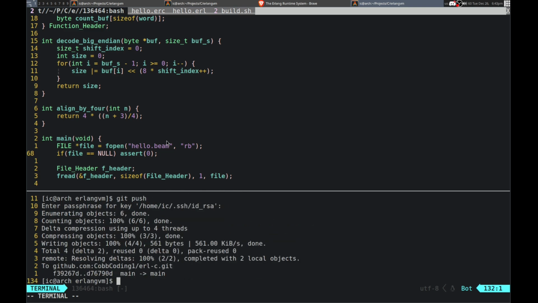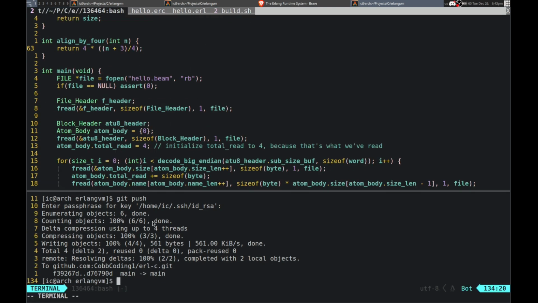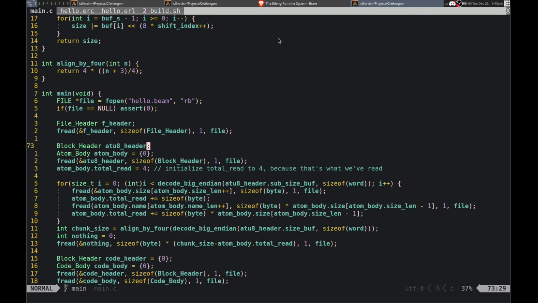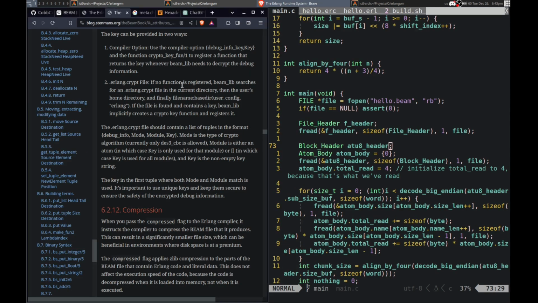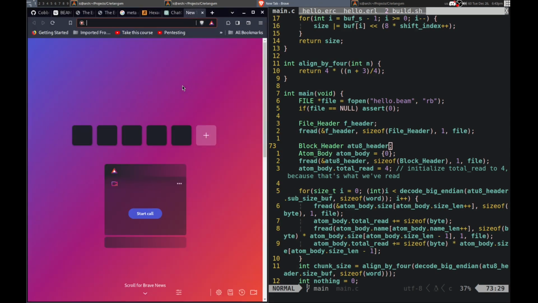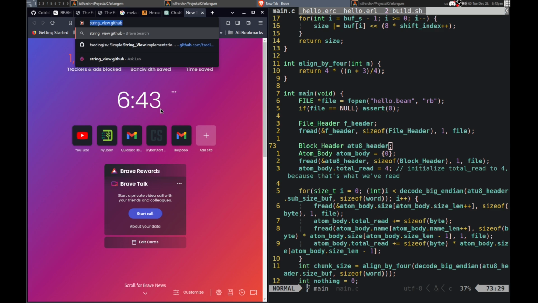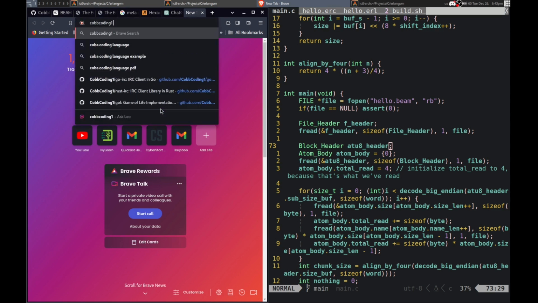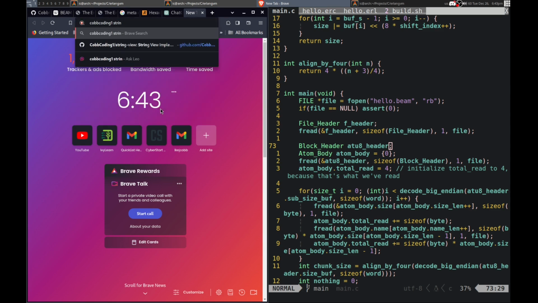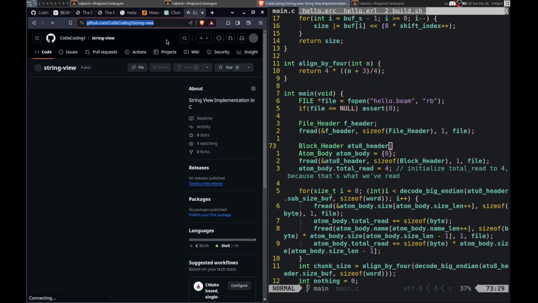Alright, yeah, so I'll start on actually parsing the file, and then I'll probably have to end the stream. Yeah, I should be able to get pretty far in that. So what I'm going to do is take my string view. Let's see, where's mine? View, there we go. Okay, string view.